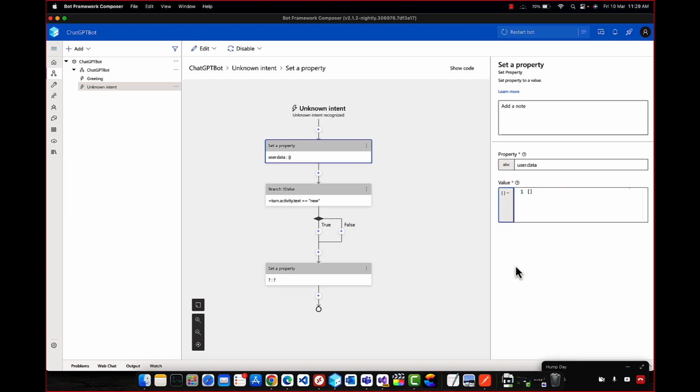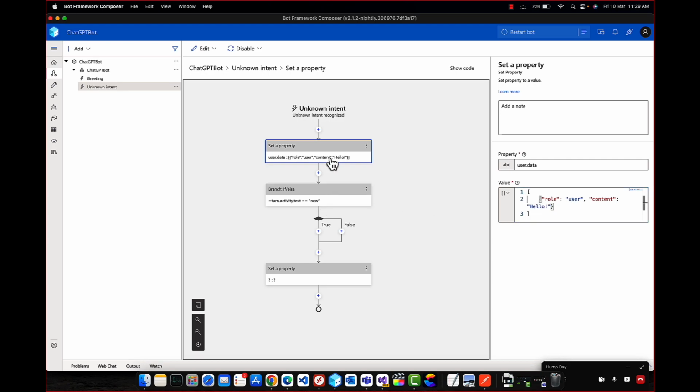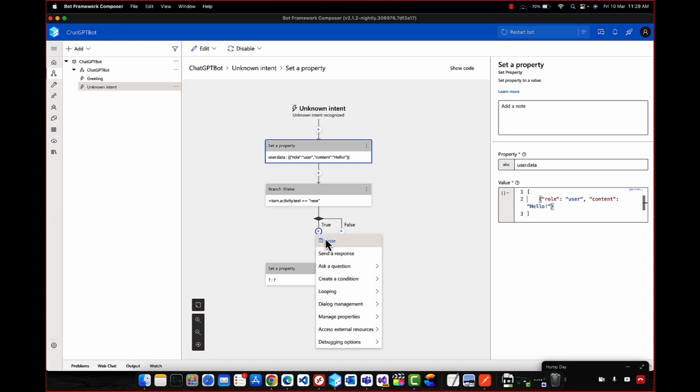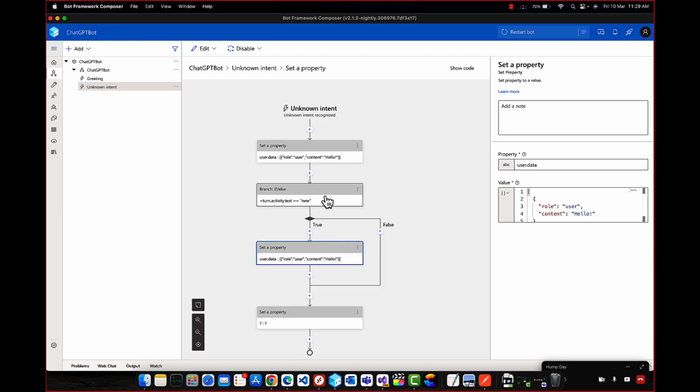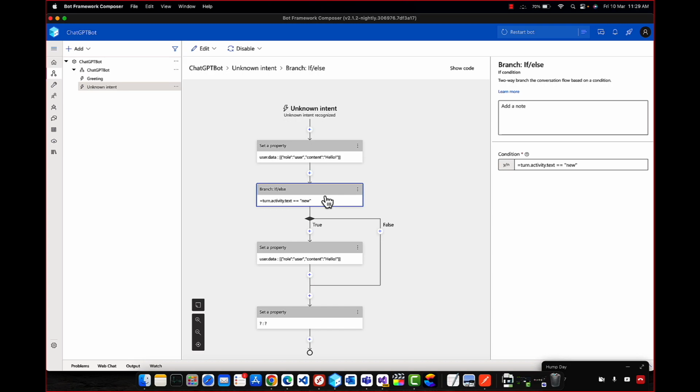No, that's an array. Let's create an array. That will be better. Okay. So user content hello. So that's our first state that we want to create. And this should not come here. This should be part of here. And initially, it should always come up here. Okay,